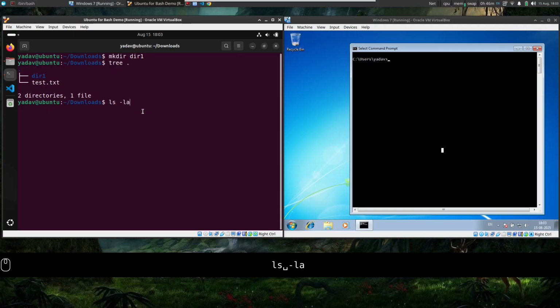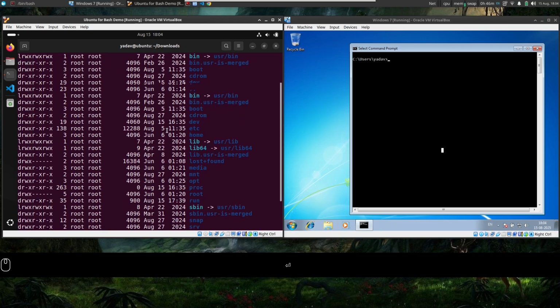We can see that. Also with ls, we can specify the location of some directory. Let us say I want to see what is there in root. As of now, I'm sitting in my downloads. If I want to see what is in root, I can do a slash, which represents the root. See, it has all of these files.